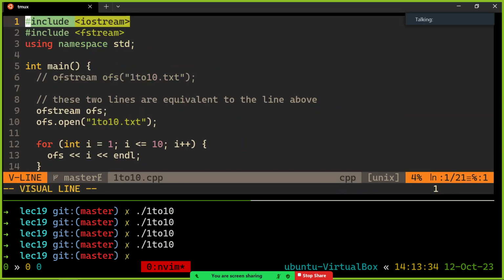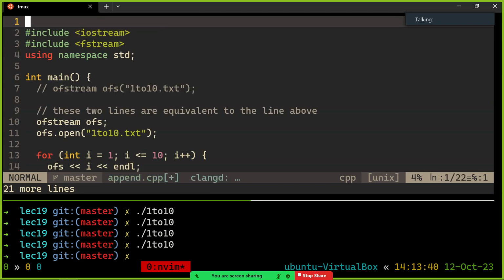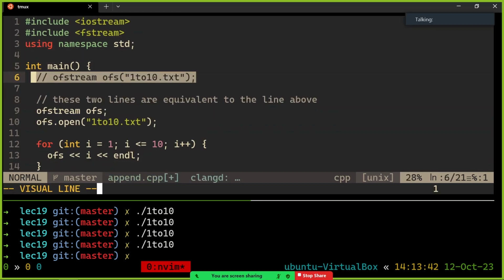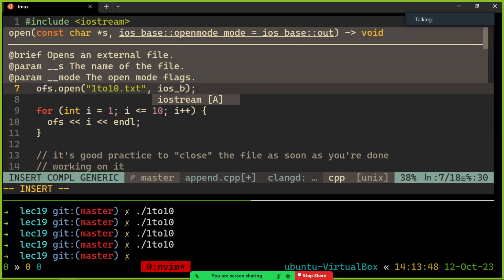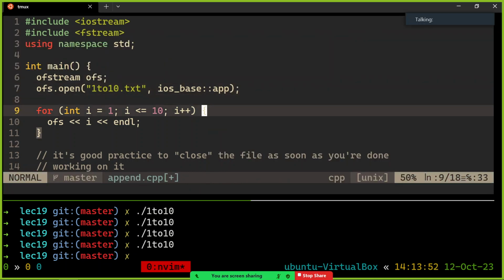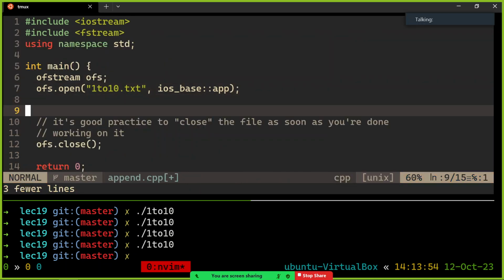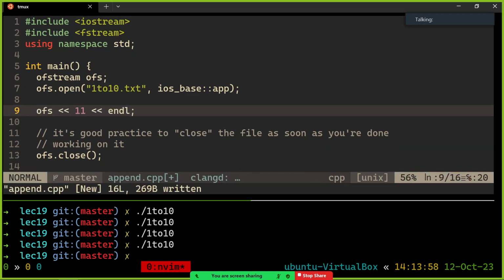So let's make a file that appends to that exact same file. Honestly, let me just reuse this file. Append.cpp. So, here we go. And we're going to open it in append mode. We're going to say 110.cc, comma, ios_base::app. That's your append mode. And now I can give it 11. Alright, I hope that makes sense. So now if I run this,